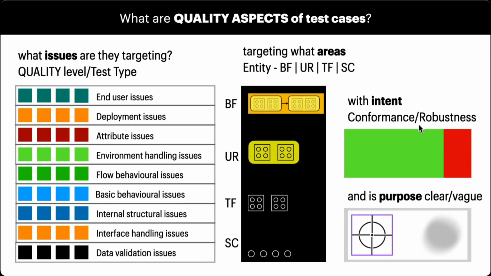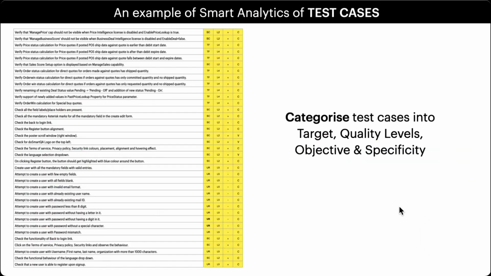The second one we talked about is the target, which is really about what entity we are actually testing. And lastly, we talked about clarity, which is in terms of whether the purpose that's written is very clear. So is that one-liner or two-liner that we've written clearly and sharply communicating its intent? It would be nice if it is.